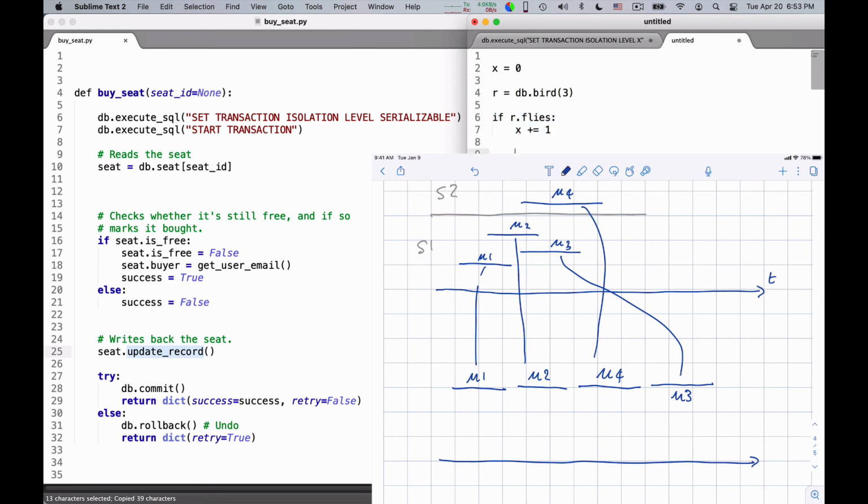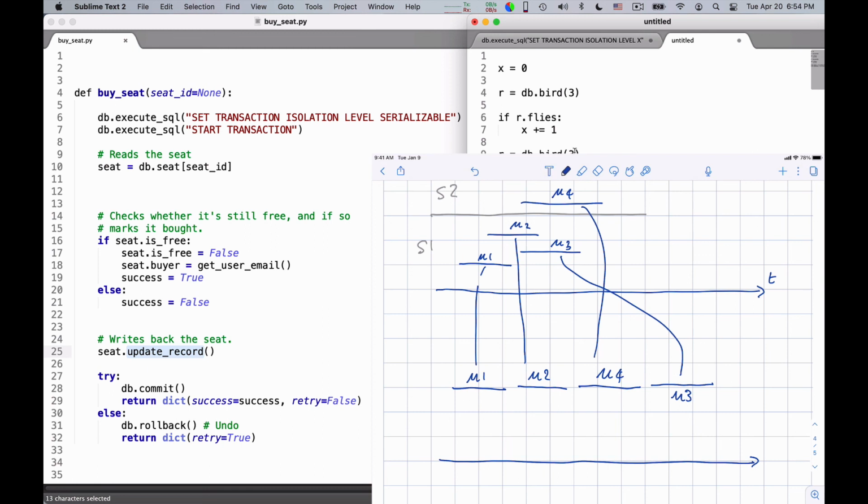This is a silly example, but it will do just fine. You would imagine that in MySQL x is either 0 or 2, because when you read twice you get the same value. But in Postgres x can also be 1. So that is the difference that can arise.